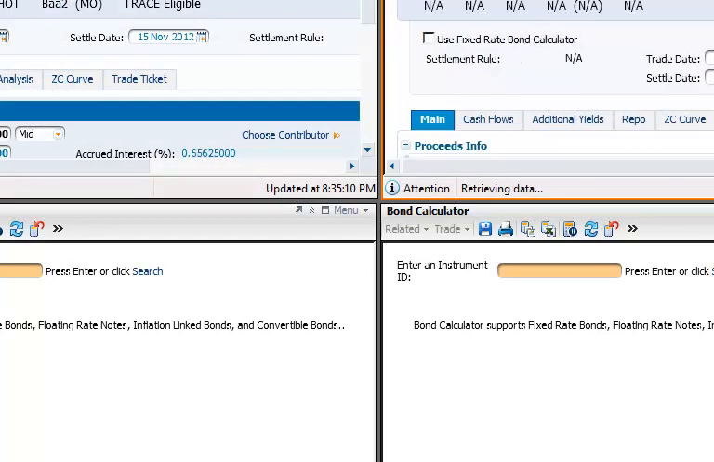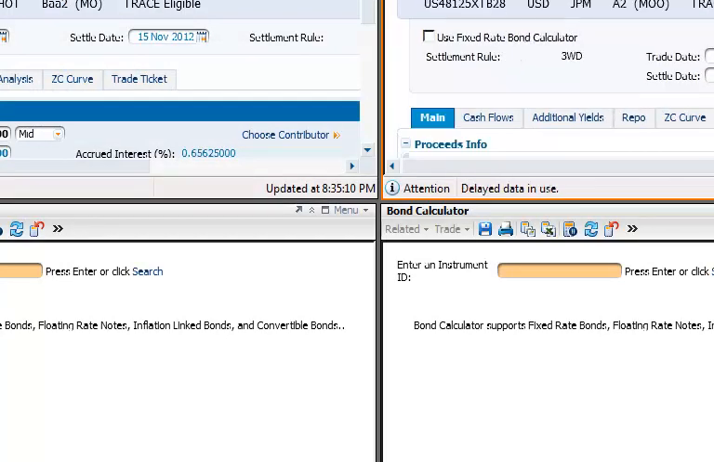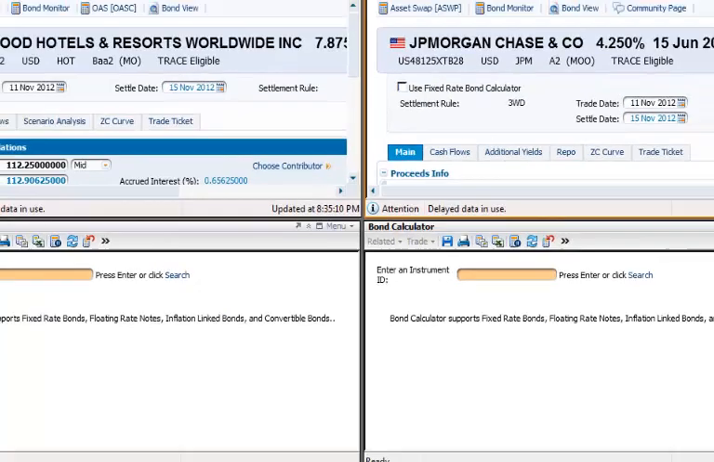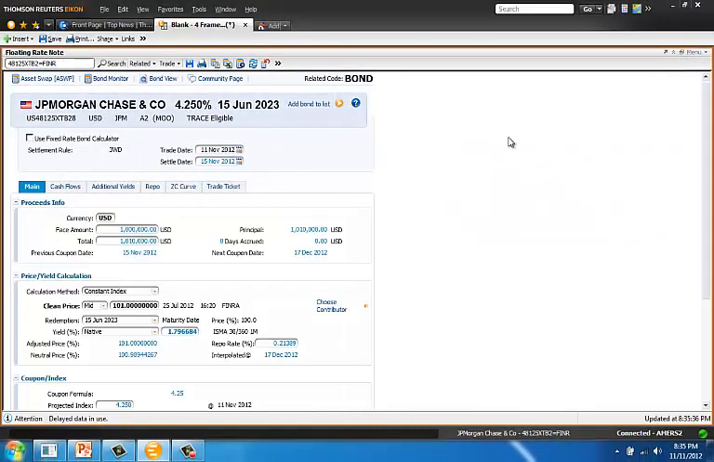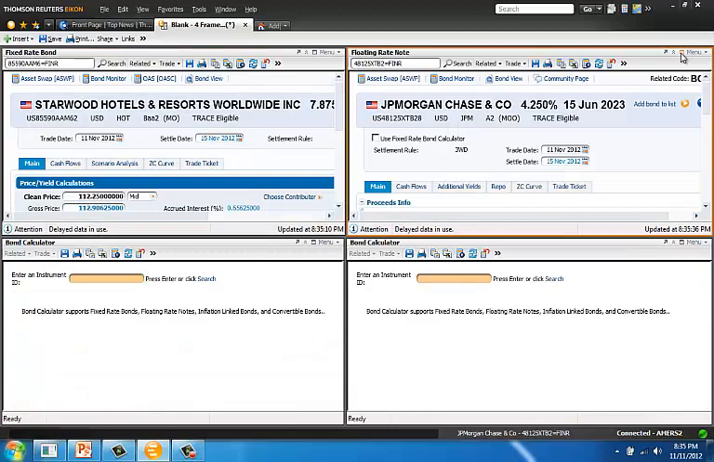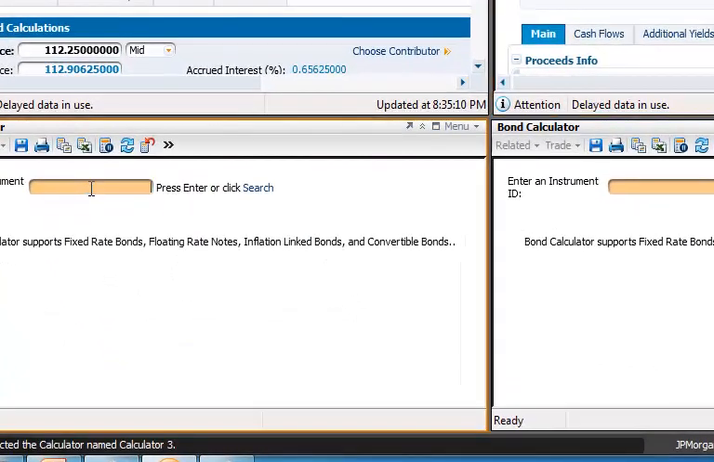And once again, we can see that the calculator populates this time with a floating rate note as opposed to the fixed rate bond for the Starwood Hotels. Just to maximize this for a moment, we have similar, if not the same, tabs available to us here. I'm going to minimize this again. I'm going to do something a little bit different down here with my